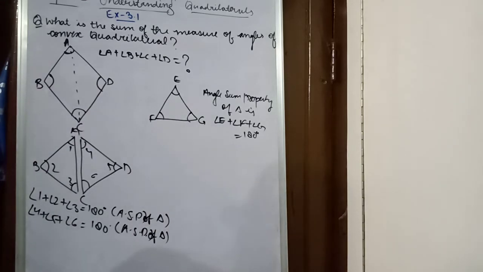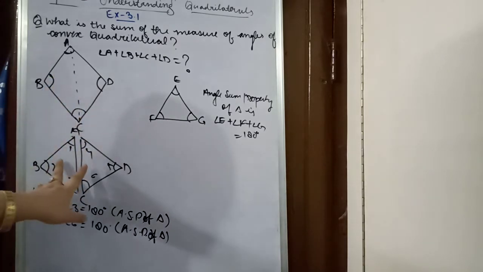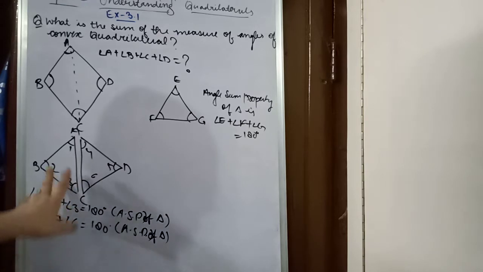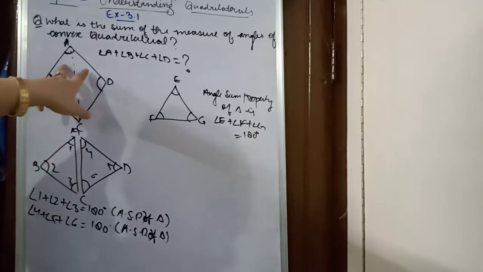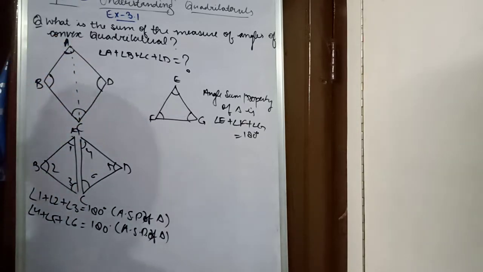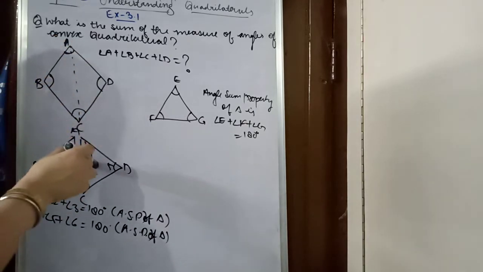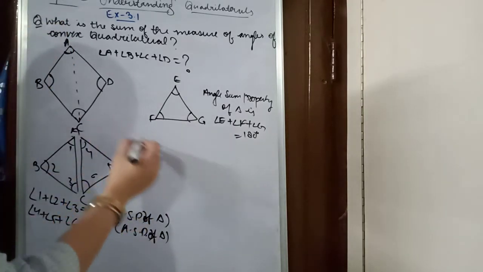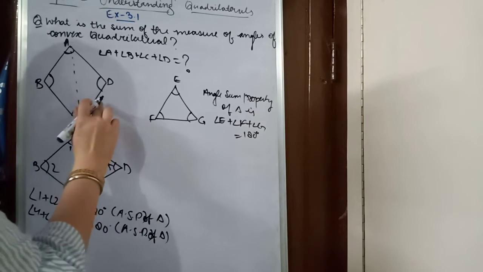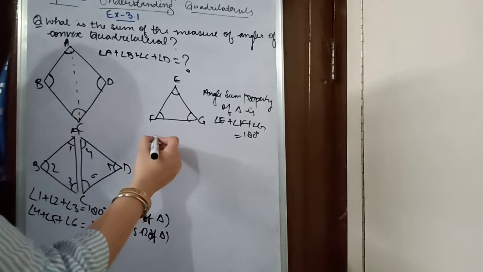So because of these two triangles, when we add all the angles of triangle 1 and triangle 2, we get angle 1. Angle 1 plus angle 4 is total angle A. So can we write it like this? You have to draw this and then again you have to draw it like this.